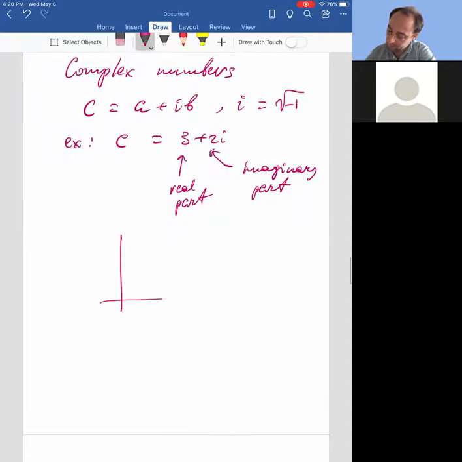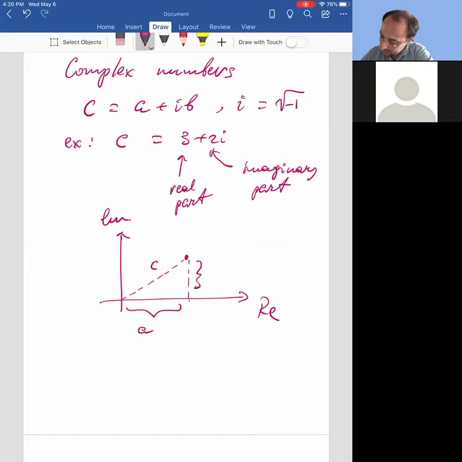Complex numbers can be visualized in a complex plane. This is called the real axis. This is called the imaginary axis. If you have a complex number C, it has a real part A and imaginary part B. Now a complex number, as you can see, is almost like a vector. It's kind of like a two-dimensional kind of a number,